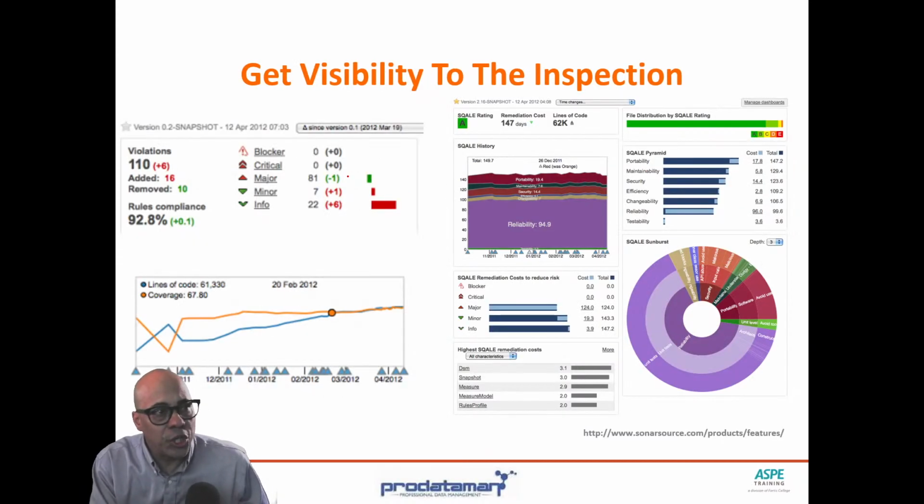So what I will show you instead, this is an old screenshot from Sonar, and it gives you a nice little dashboard where you can see code smells, violations, code coverage, lines of code, and total coverage of those lines of code. So 67.8% coverage. That means about 33% of our code is not being tested or covered by our tests. And usually it's in the dark corners of our code where all the bugs live.